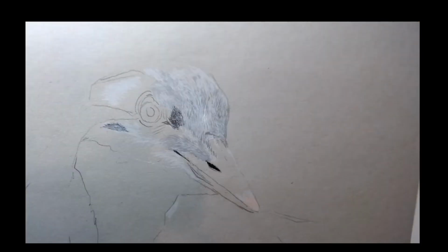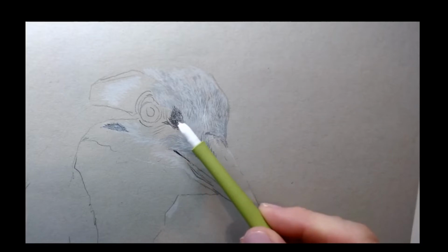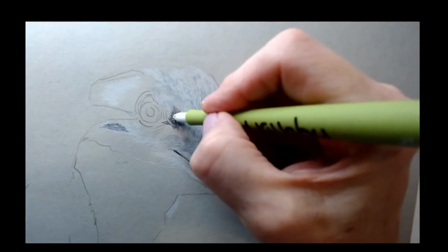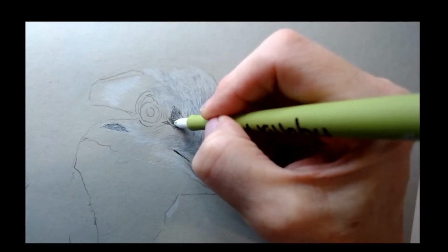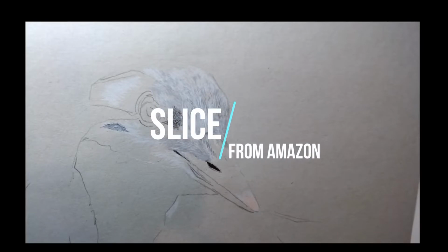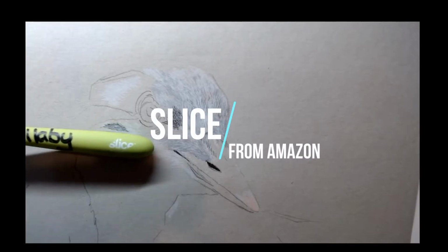They're great for pulling out tiny little hairs. I'm not going to use it yet, but it would be used to pull out little bits of fine hair. There's really not enough of the colored pencil on the paper to warrant using this yet, and you can't really see it when you're using a light value, so we're going to wait until we get into some of the darkest values. So this is kind of a cool little tool,